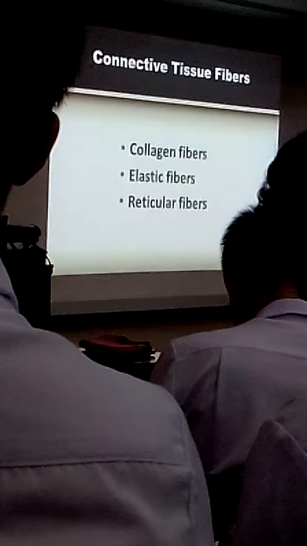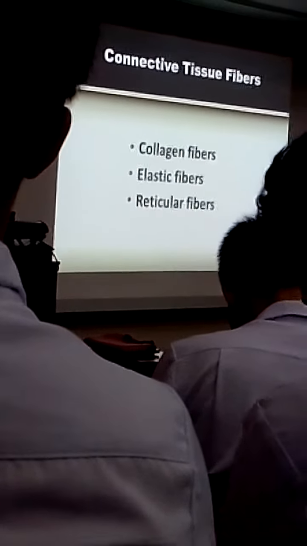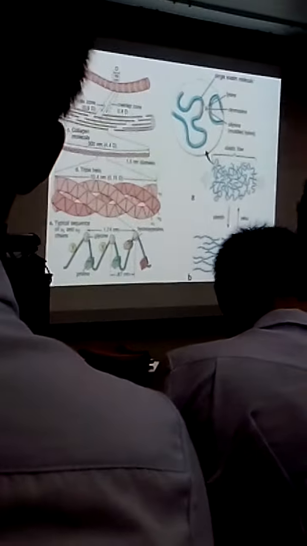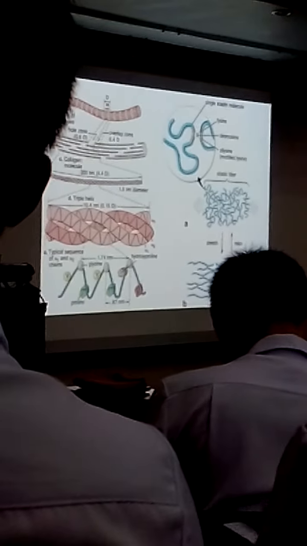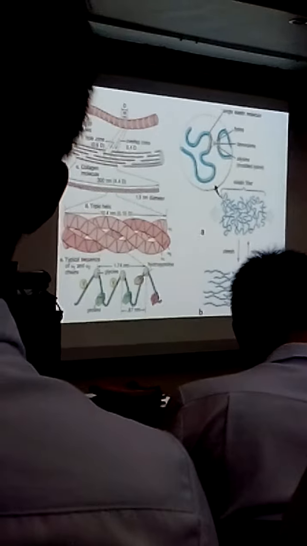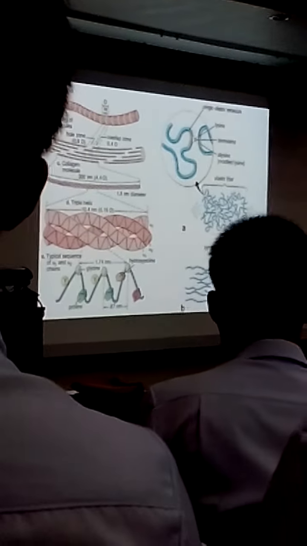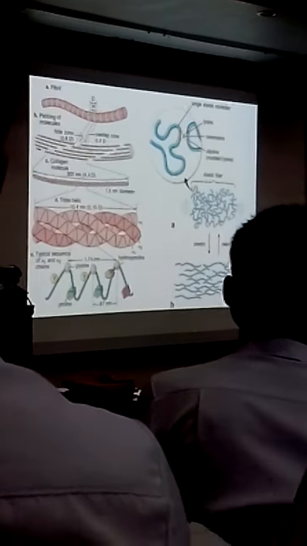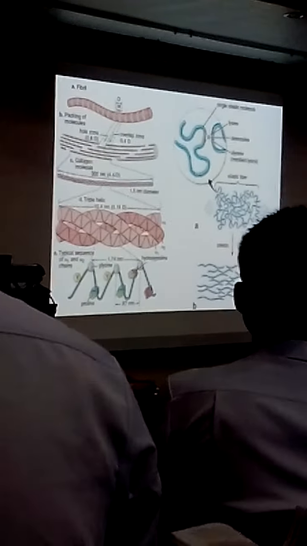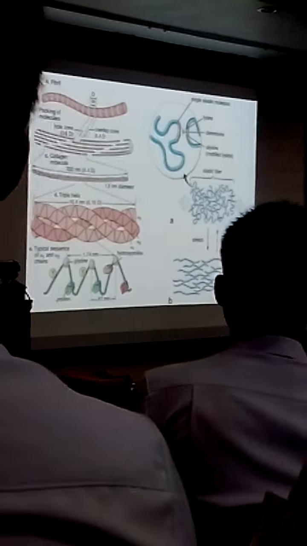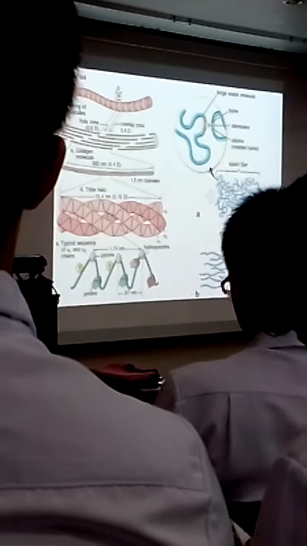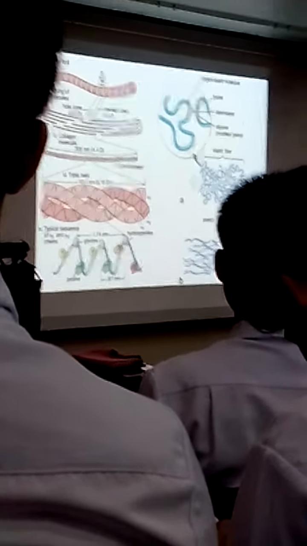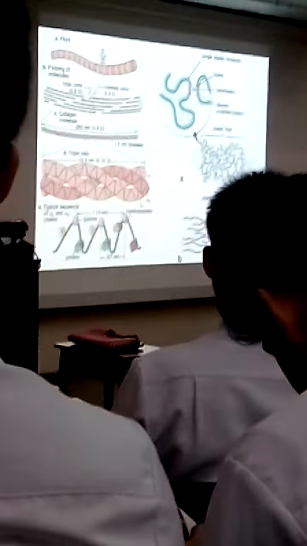So connective tissue fibers, basically you have the collagen, elastic, and the reticular fibers. So you have this illustration in your book. We will not go into too much detail with this, but I think it's important for you to remember. For that one on the left side of the collagen, this type 1 collagen fiber, actually fibril, just remember about the triple helix, remember about the proline, hydroxyproline, glycine arrangement. Those are the important things that you have to remember in this picture.